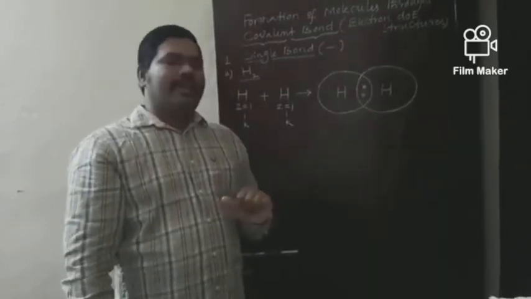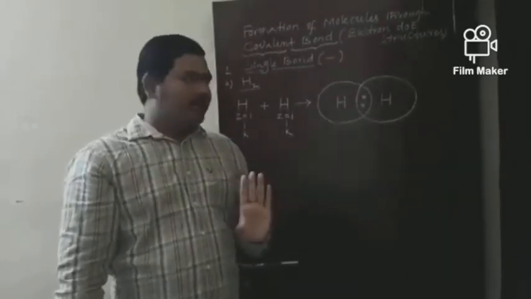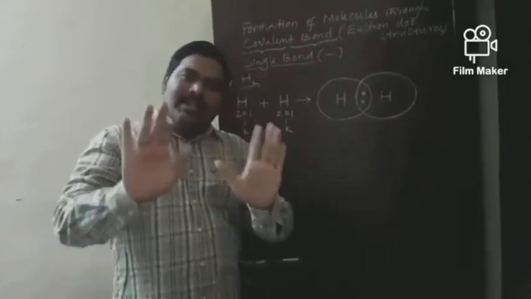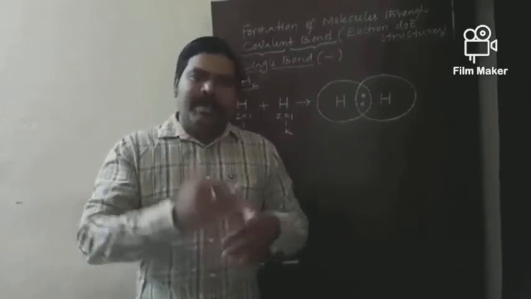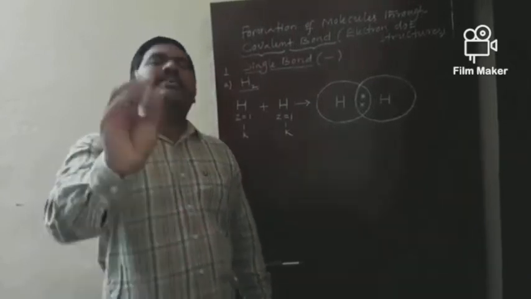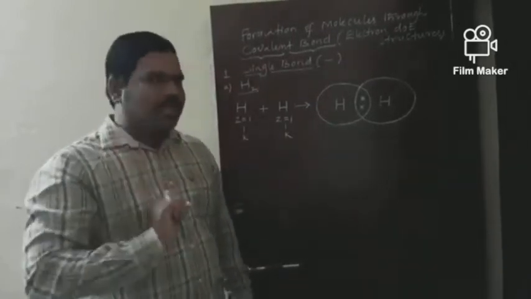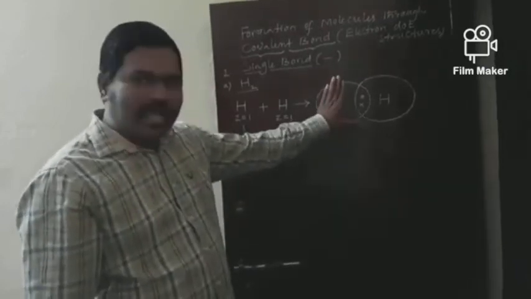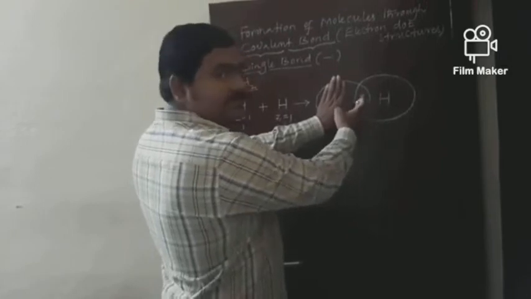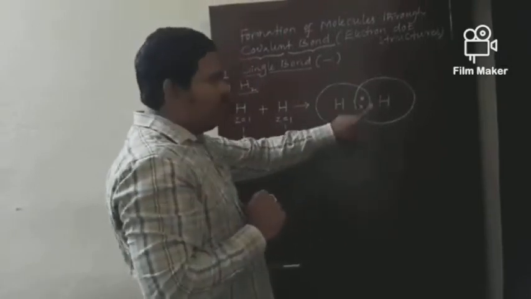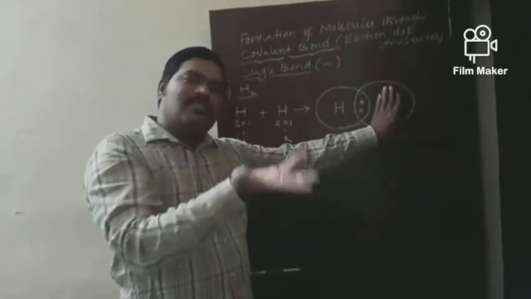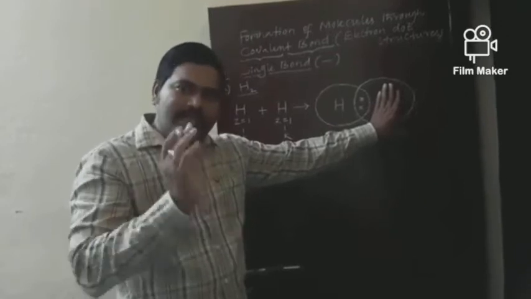Now in this way, after this sharing, both the hydrogens at a time will attain stability by acquiring the nearest noble gas configuration, that is helium. Now let me show that. Let me close this hydrogen. Then this hydrogen consists of how many electrons, my dear? Yes, you are correct, 2. So this is stable. Otherwise, if you close this hydrogen, it also consists of 2 electrons, called duplet structure, that is already stable.